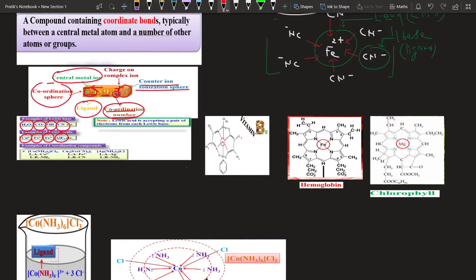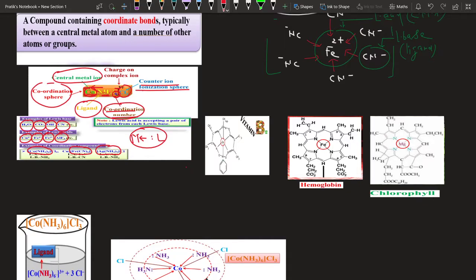Always the non-ionizable part is enclosed in a bracket, student. This non-ionizable part remains stable even after dissolving in water, and it does not give its confirmatory test. Please remember, if it is a metal and if it is a ligand, the ligand donates electrons to the metal and forms a coordinate bond. So the study of such types of compounds in chemistry is referred to as coordination compounds.